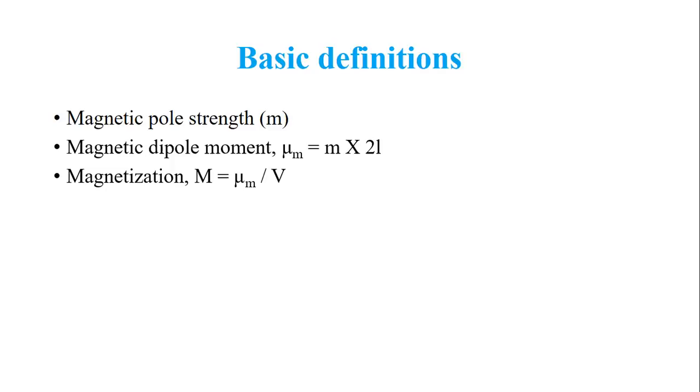So if I am trying to magnetize a given magnetic material, then to what extent magnetic dipole moment is induced per unit volume, that gives the magnetization of that particular magnetic material. By magnetic dipole moment, I mean the product of the magnetic pole strength and the magnetic length. And by magnetic pole strength, I mean the force with which this pole of the bar magnet will either attract or repel a similar kind of pole of another bar magnet. So that is what is called the magnetic pole strength.